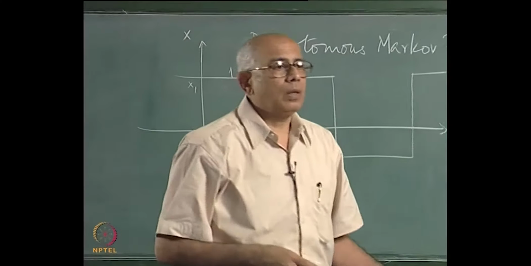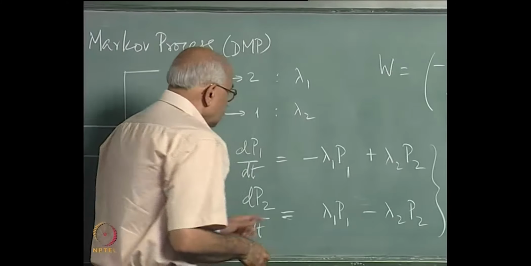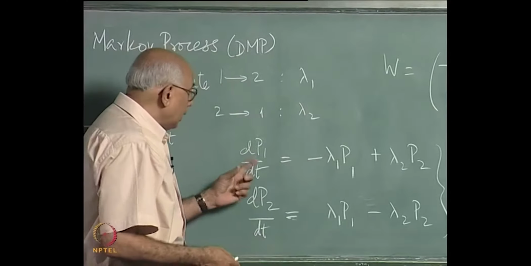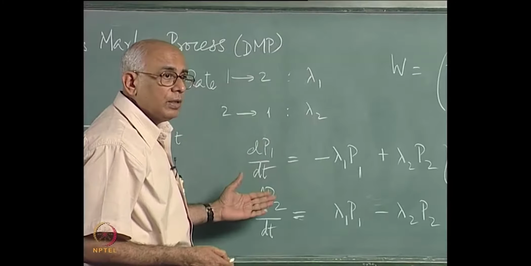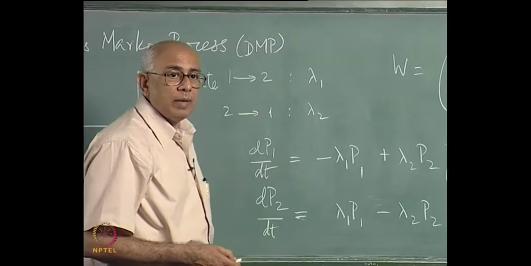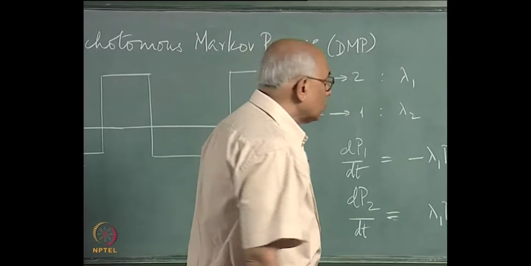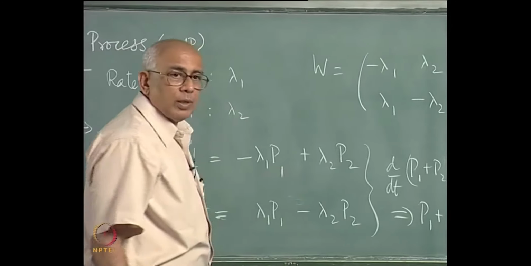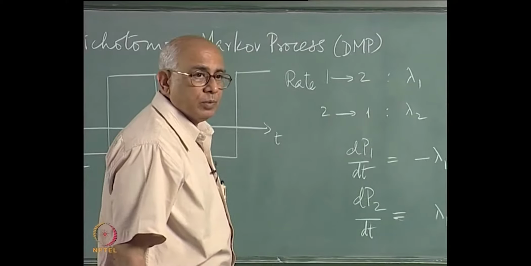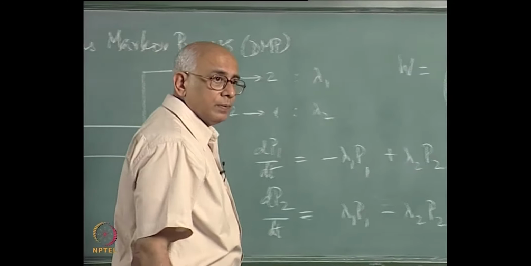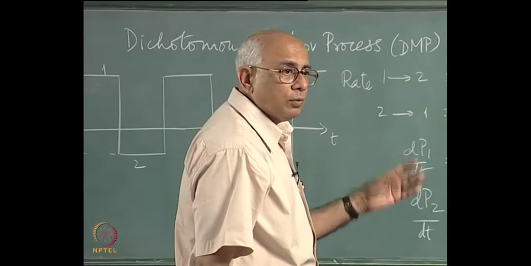Very popular in modeling in a very large number of situations, and it is evident immediately that I can eliminate either P1 or P2 and I am going to get a second order differential equation for either P1 or P2, the same equation in fact, and then the solution depends on the initial conditions. So the solution would in fact be the sum of two exponentials depending on the eigenvalues of this matrix, which are fairly straightforward to write down. Okay. We can in fact compute e to the Wt and write down the full answer.